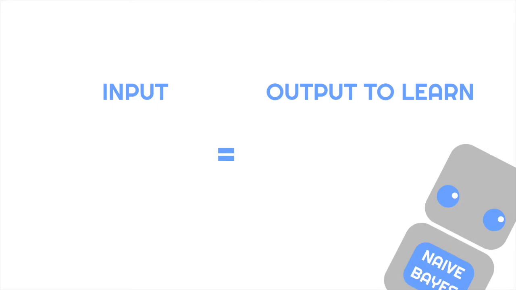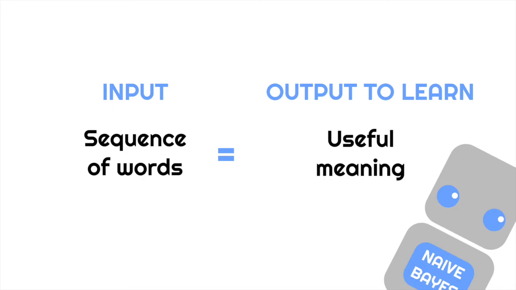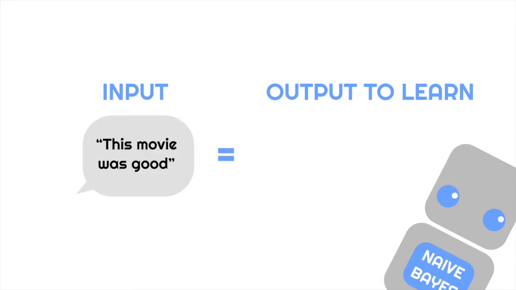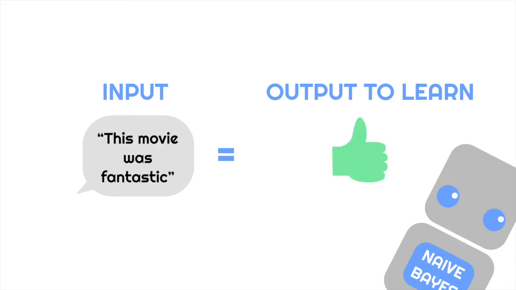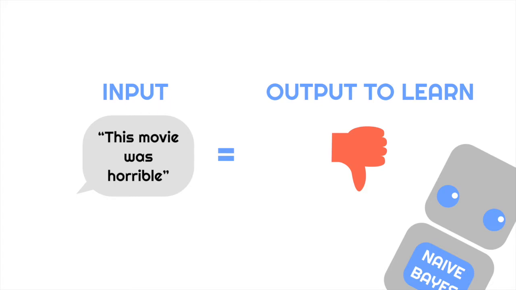Since naive Bayes is supervised machine learning, its input is a sequence of words, labeled with outputs we want it to associate with that sequence of words. For our movie reviews example, where we're determining whether a movie review was positive or negative, the sequence of words would be the review, such as, "This movie was good," which the programmers would label as their positive review. We would give it several of these reviews paired with labels for our AI to learn from.